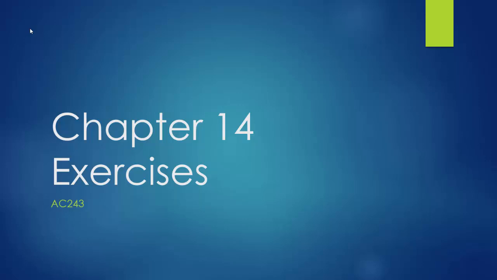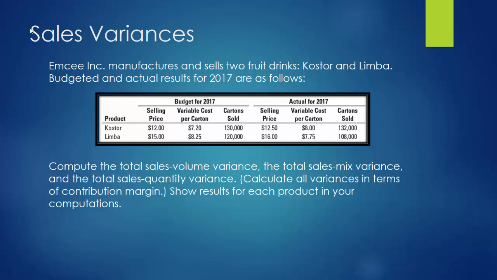Hello everyone, let's do a review exercise for Chapter 14. In Chapter 14 we're going to be calculating variances, but different variances than we calculated previously in the semester. This time we're going to be looking basically at our sales variances. So we're going to be looking at our numbers and figure out what portion of the difference between the margin